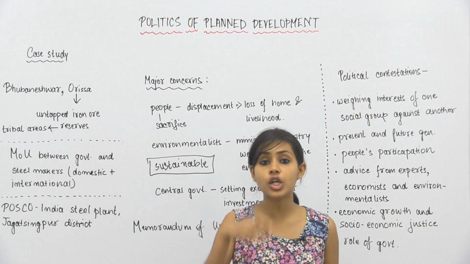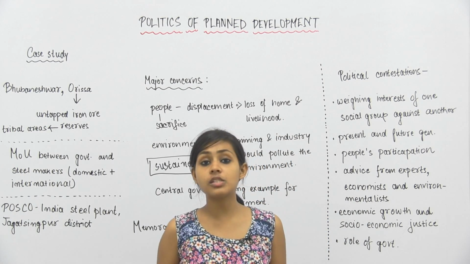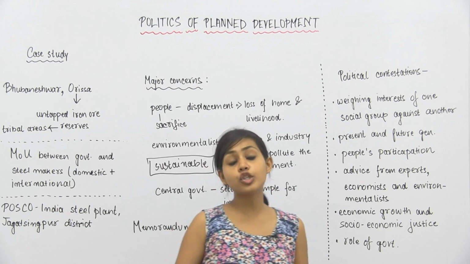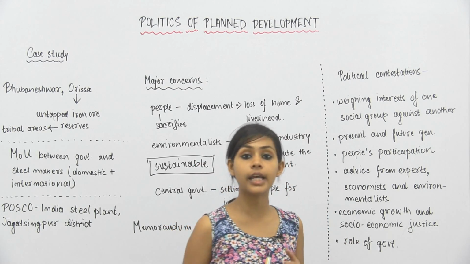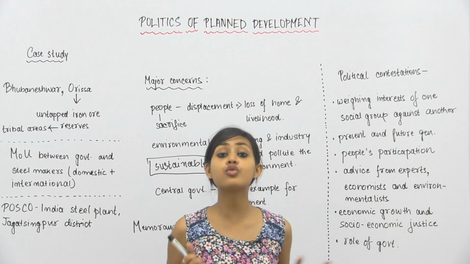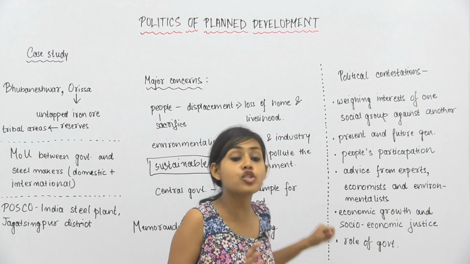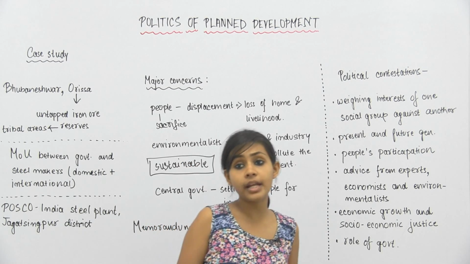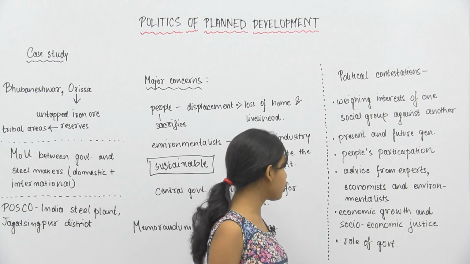And socio-economic justice means social and economic justice, because it shouldn't happen that someone is benefiting while someone else is being harmed, that we profit by causing someone else a loss. Even economically and socially, this should not happen in anything. So these things should be taken into account before any sort of decisions are made about what should be done and what shouldn't be done. So economic growth and socio-economic justice.